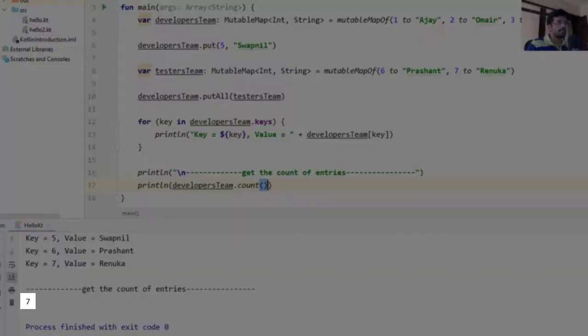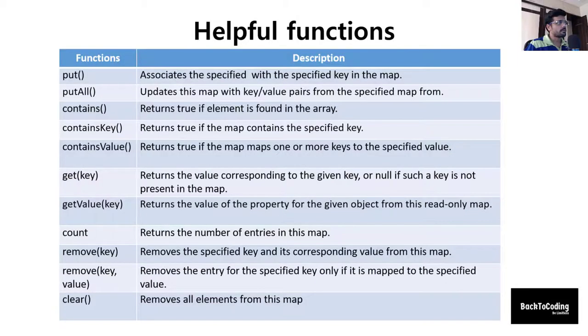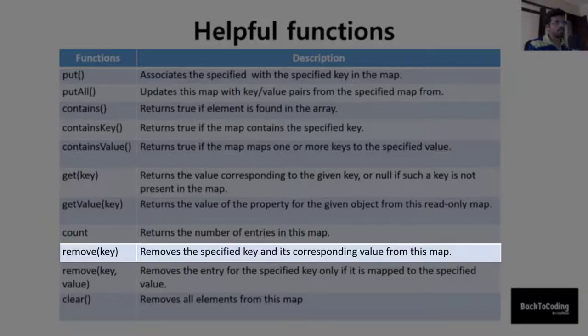It has returned 7 as the count for the number of elements in the mutable map. Until now we have seen how to add, find, count and iterate through the elements of mutable map. Now let's see how to remove elements from the mutable map.